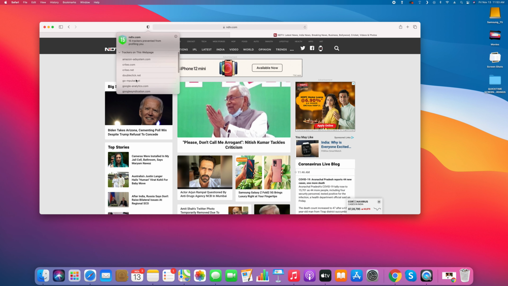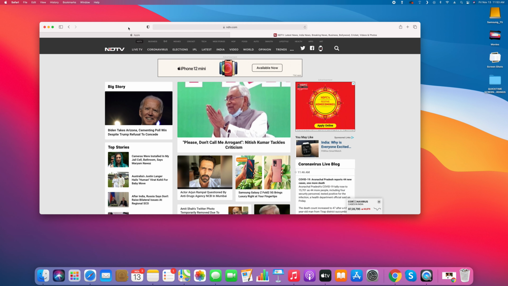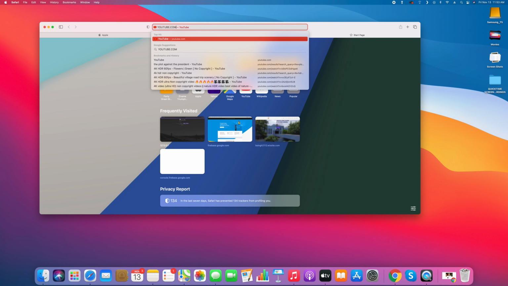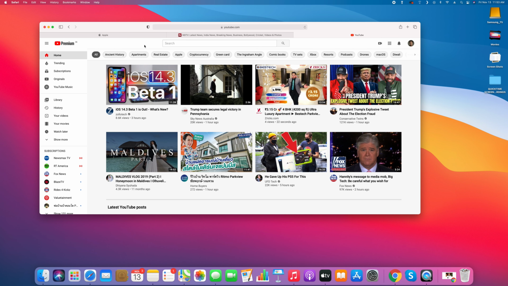So this definitely is a big boost in terms of your privacy and intrusion, because now you can be confident that people are not spying on you or intruding on your private browsing. Apart from that, another big change on your Safari browser is the fact that you can now play 4K HDR videos